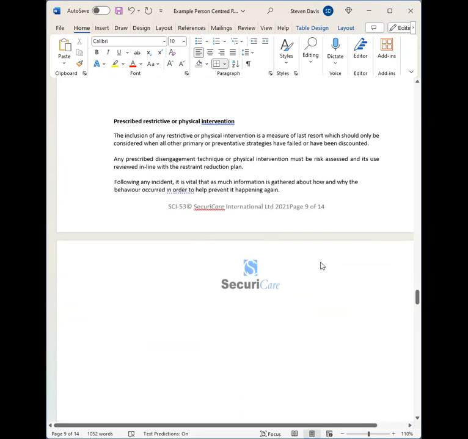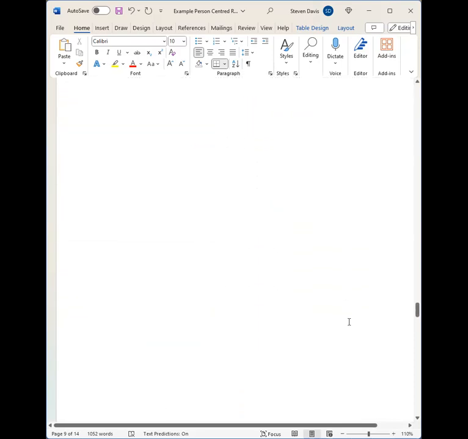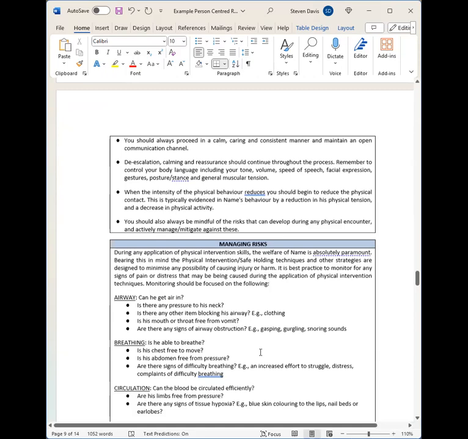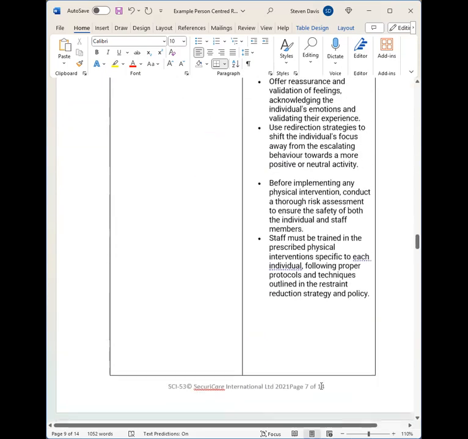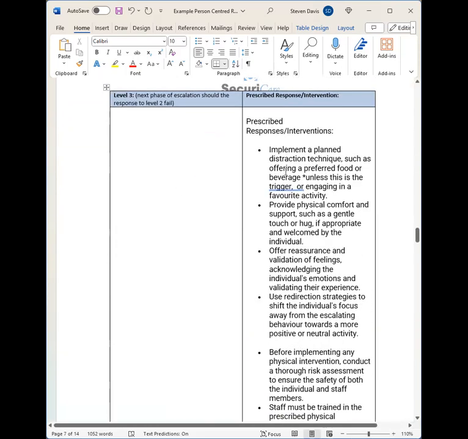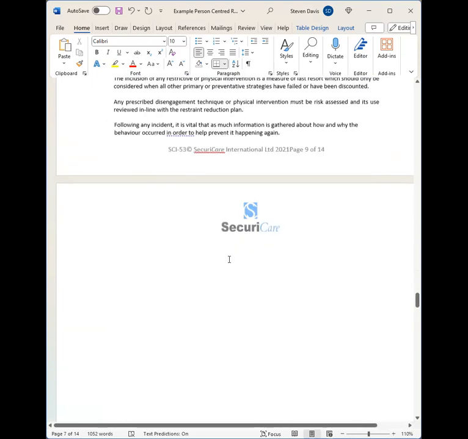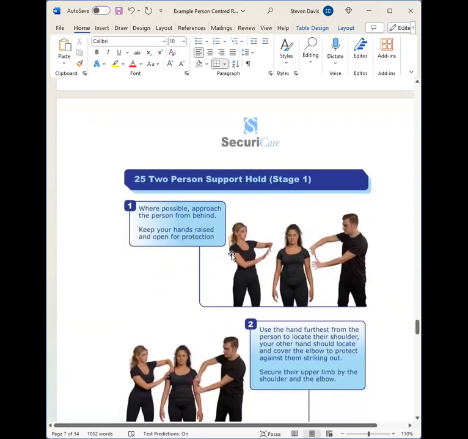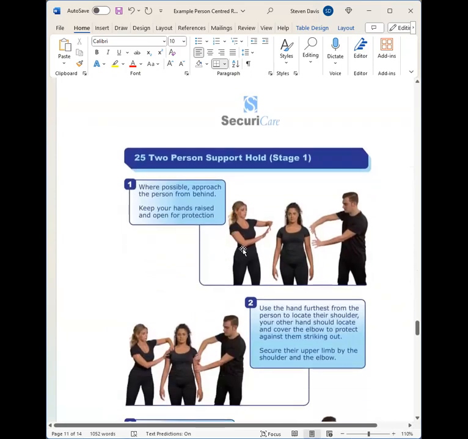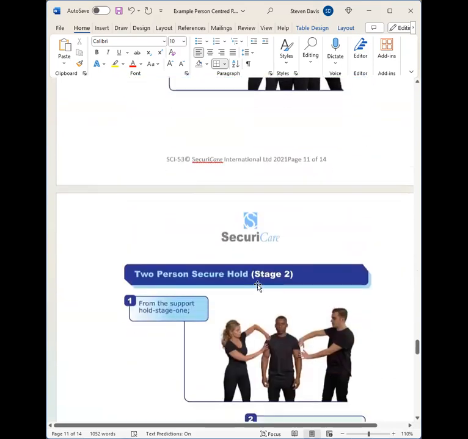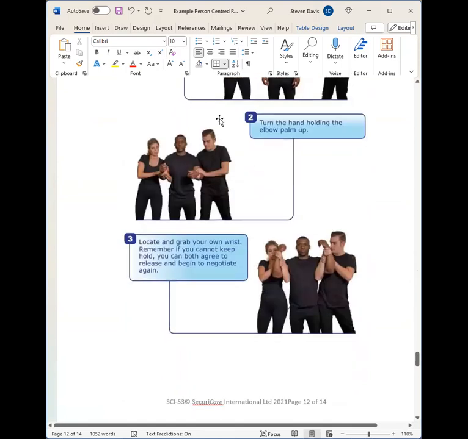Anything that we have decided to do up here at level 3, when we look at our prescribed responses after the escalation, what are we going to do? And you then have the images for each of those techniques. What's really important for you to understand is that for each technique that you use, you understand that there